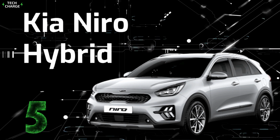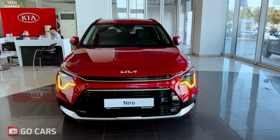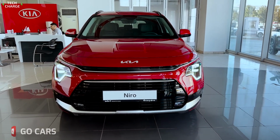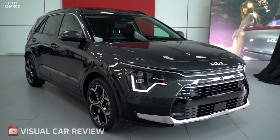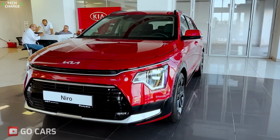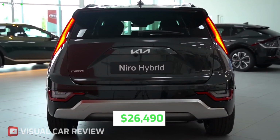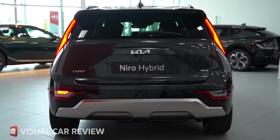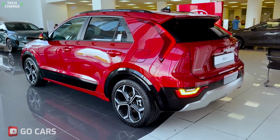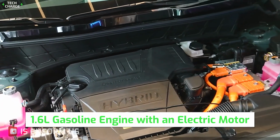The all-new Niro Hybrid is Kia's smallest SUV crossover car that provides versatility and style in a practical petite package. And its hybrid powertrain gives this car an edge over its competitors. And guess what? All these exciting features come at an exciting price, starting at $26,490. Niro Hybrid has a parallel hybrid system that pairs an efficient 1.6-liter gasoline engine with an electric motor to